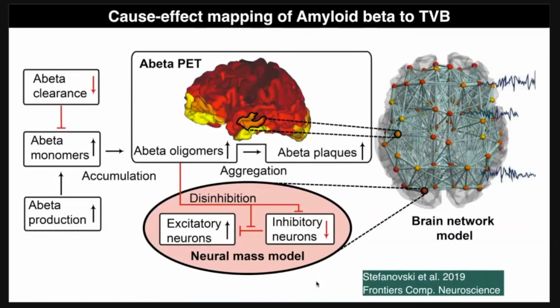And we have formulated a cause and effect model, how the increased beta burden would affect the population dynamics of our individual nodes. So the model contains the fact that in the presence of beta amyloid, the activity of the inhibitory interneurons is disturbed, and this leads to disinhibition, and this leads to hyperexcitation. So this is our assumption that is now incorporated in the model.